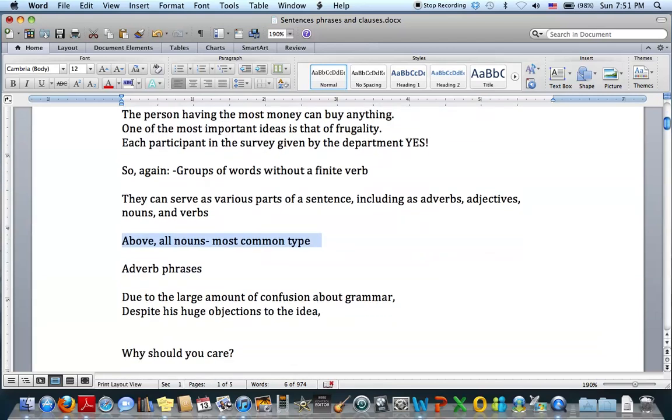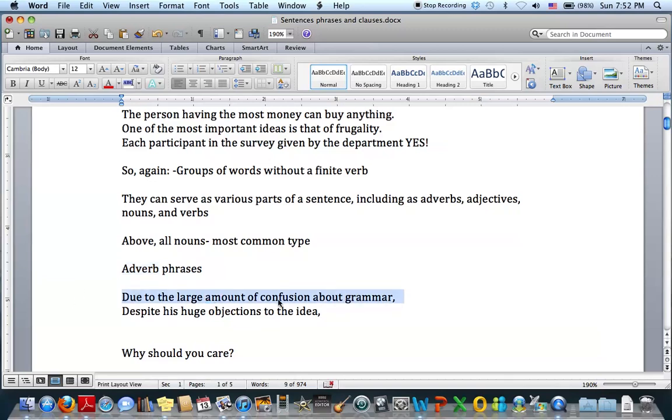Now, we have another type of phrase too, adverb phrases. Just as we saw before, a noun phrase serves as a noun, an adverb phrase serves as an adverb. Now keep in mind, an adverb can serve a couple of purposes. And one of the most common uses of an adverb is to modify an entire sentence. And that is exactly what you use adverb phrases for most of the time. Case in point, let's take a look at this.